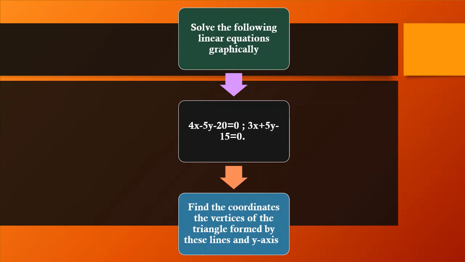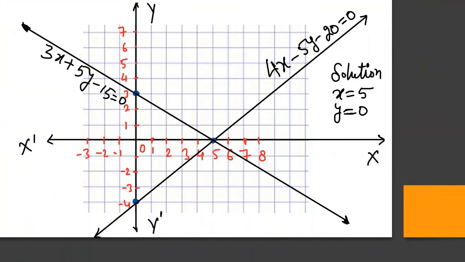Okay, so you can see I have drawn the graph because I have already explained to you how to draw the graph and how to find the values. So for this question, I have drawn the graph directly. Here we'll emphasize the question. We want to find the points where these lines meet the y-axis. So what we are finding, this line is meeting the y-axis at the point (0, 3), and this point is (0, -4).